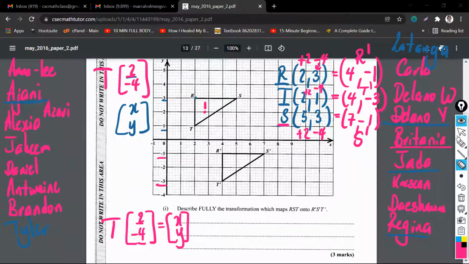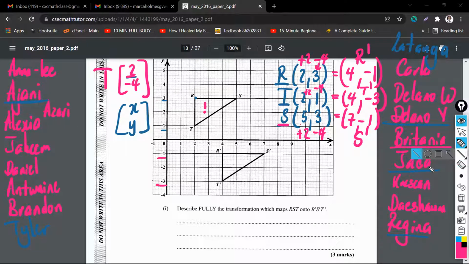Does that make sense, Krishan? Yes, sir. This is not a hard thing. It's a very, very easy thing. So when they say describe fully the transformation which maps this triangle onto this one, all you have to do is say,